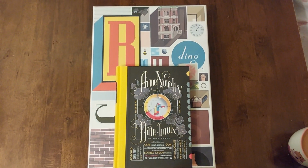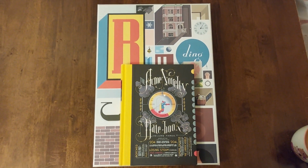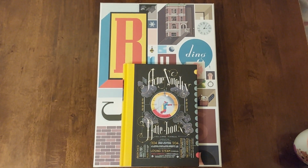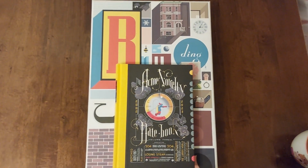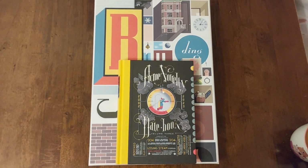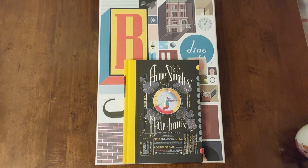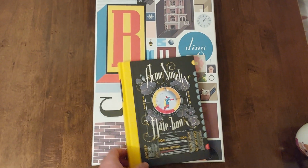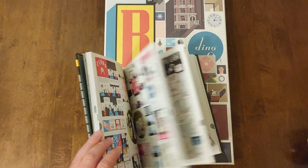Okay, so this video is going to be a bit clunky because I'm still holding the phone with my hand and also just having one hand free until better equipment comes. But today we're going to talk about Building Stories and volume 3 of Chris Ware's Sketchbook series, which has just come out